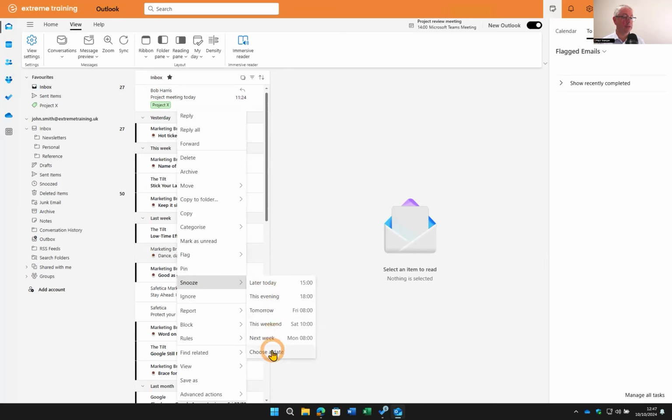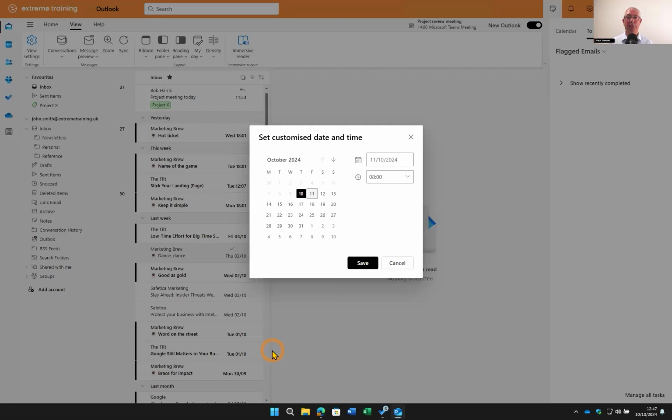Or I can choose a date. Now, let's say this email doesn't need to be dealt with for a few weeks. I've been notified my insurance is going to renew in 30 days. I don't need to deal with it now, but I might want to deal with it in a couple of weeks' time. So I can push this email, for example, to the 24th, a week's time, and I'll snooze that